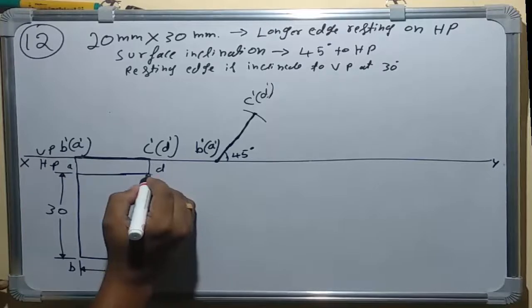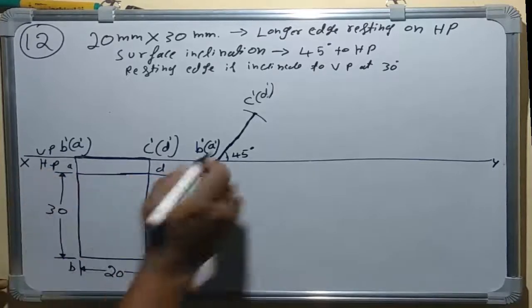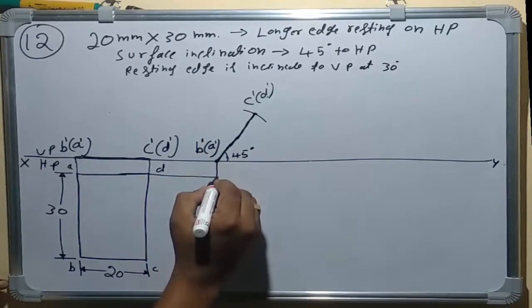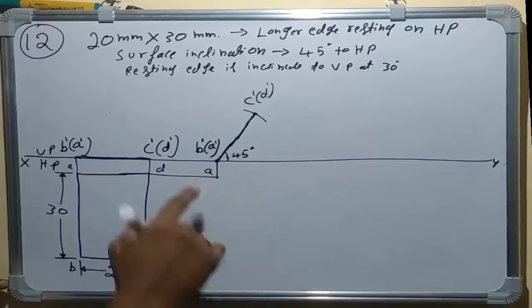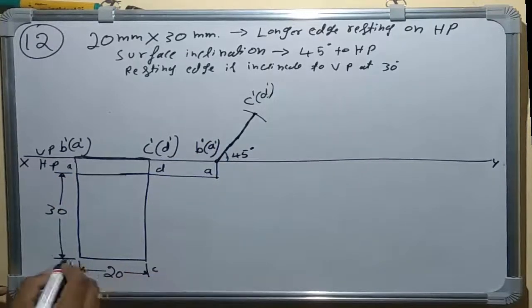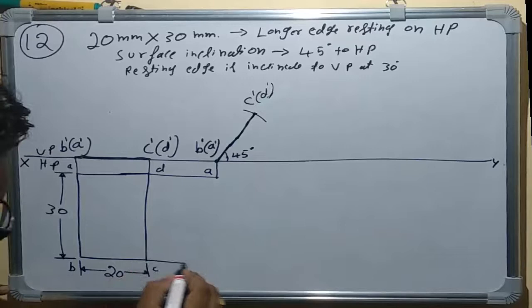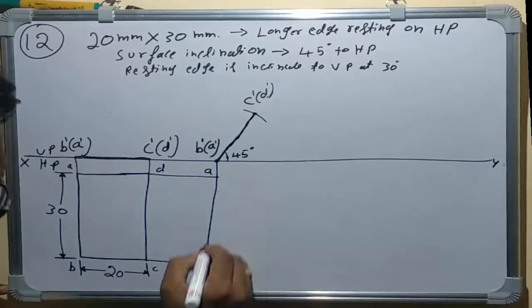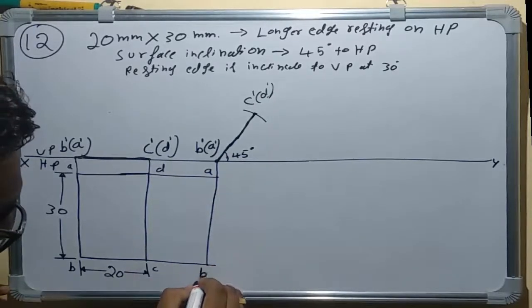A, you can draw the horizontal projection from the top view, and from the front view draw the vertical projection. At the meeting point we get A, because A dash and A. In the same way B is coming on this line, so here B dash is coming. You can draw the perpendicular line, and at the meeting point you will get B.